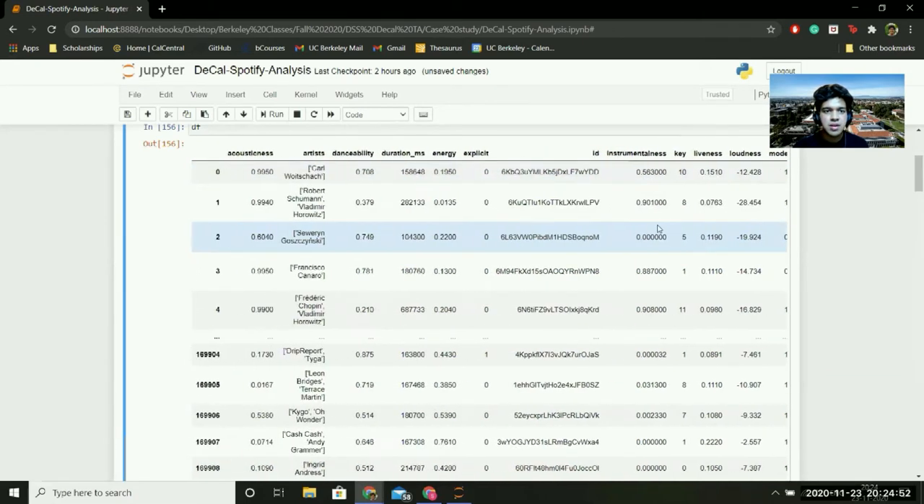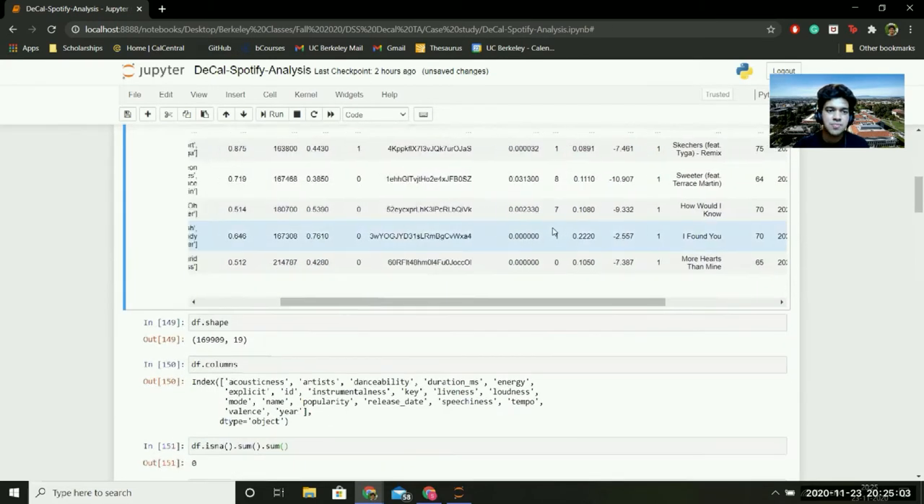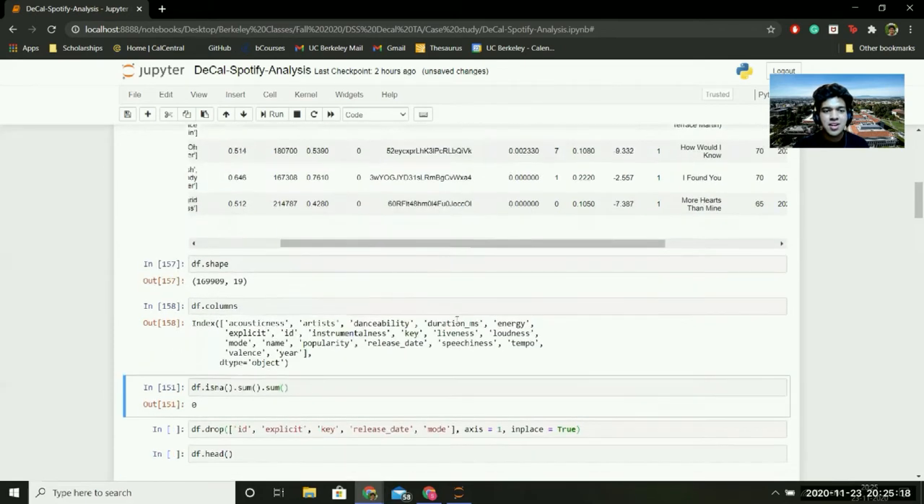And we also have a bunch of information about the songs, such as acousticness and danceability. I don't know how to calculate that, but we have the danceability. We have the ID, and we have a bunch of other information about the song. We can also find out more details about the dataset by calling df.shape. It tells us that there are almost 170,000 entries, which is a lot, and 19 columns, which are all these